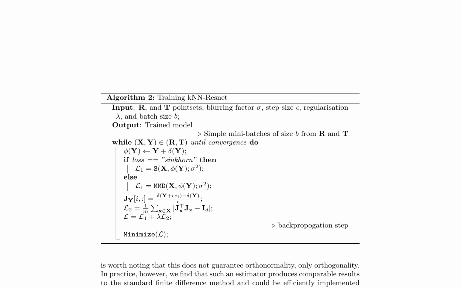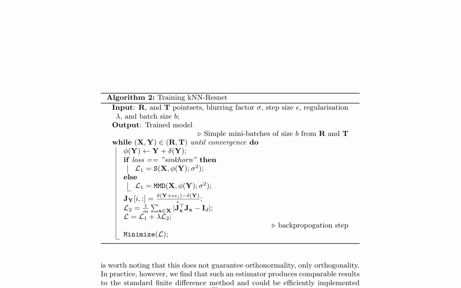The kNN-ResNet model's training procedure is presented in algorithm 2, which takes as input point sets R and T, blurring factor sigma, step size E, regularization parameter lambda, and batch size B. The algorithm iterates over many batches of size B from R and T until convergence, computing the loss function L